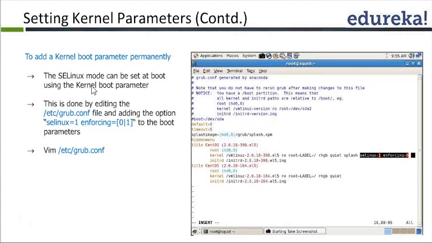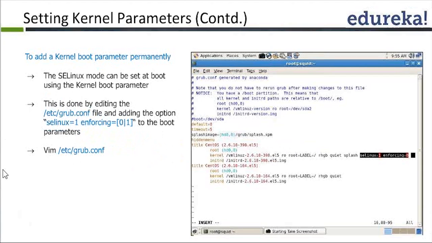So SELinux. Okay, we can also set up the SELinux mode here using the kernel boot parameter. It has been given here, but for now just remember that it's an advanced feature. We can also set up, here it means enforcing, enable or disabling the SELinux. That can be done by passing the parameter to the kernel. Alright,